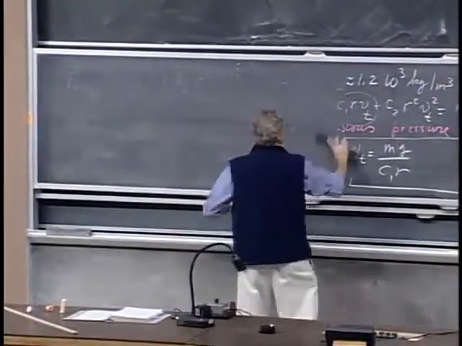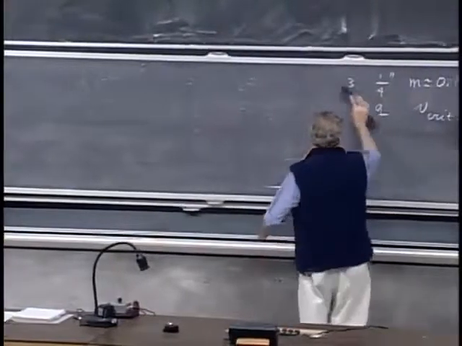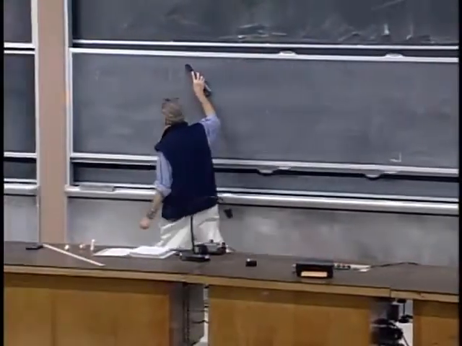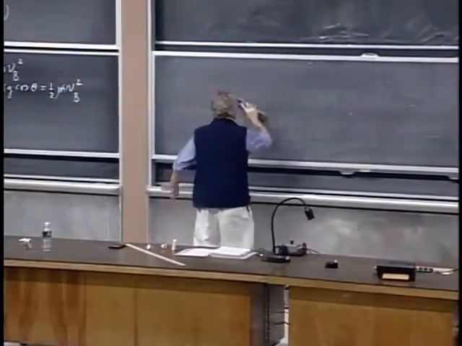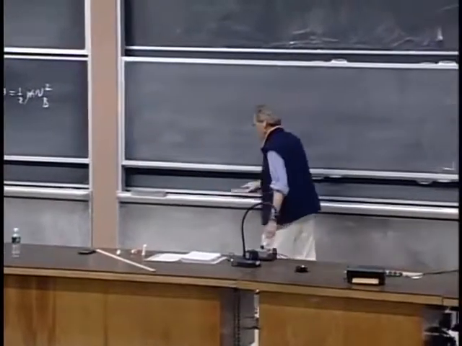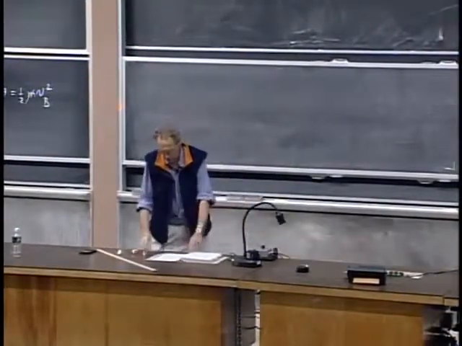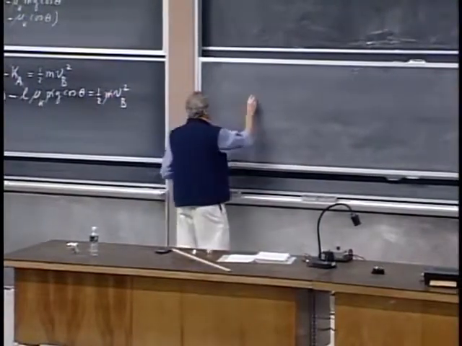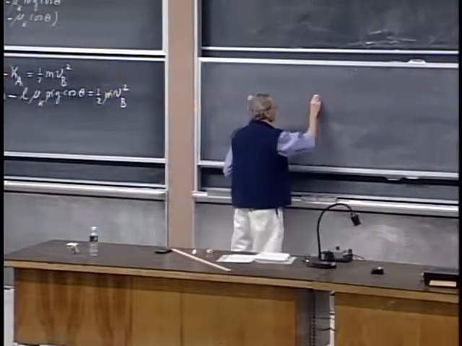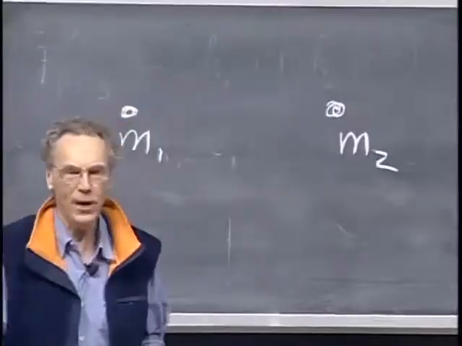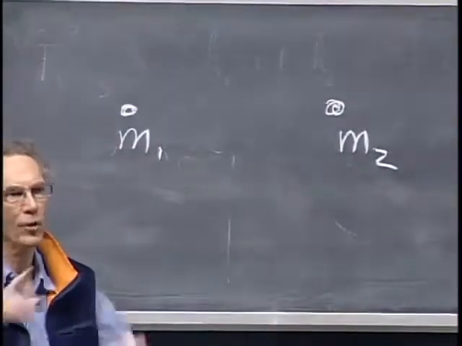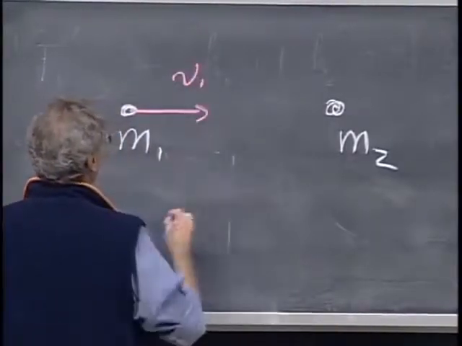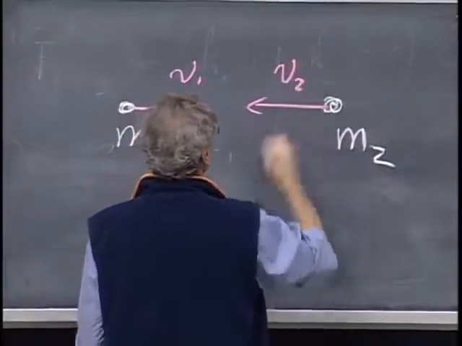Whenever we have a system of objects with zero net external force, the momentum must be conserved. They can collide, they can cause fireworks, they can explode, they can break up in pieces, but momentum will be conserved in the absence of any net external force. It's a very non-intuitive concept. Kinetic energy can be destroyed, but momentum cannot be destroyed in the absence of a net external force on the system as a whole. We have an object M1 here, speed V1, object M2, speed V2.